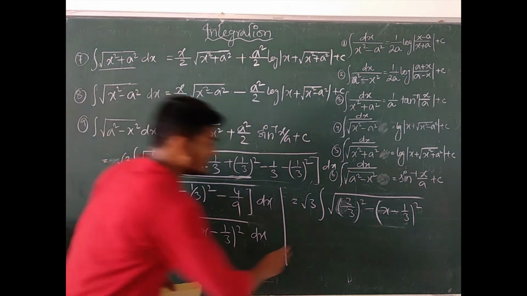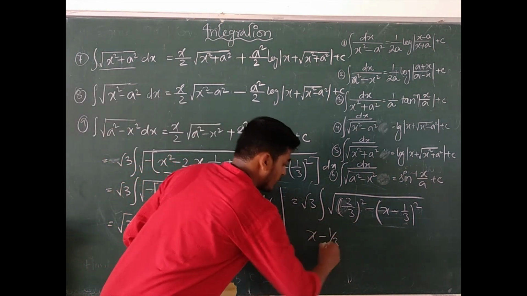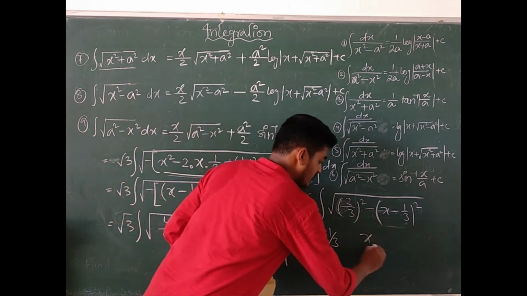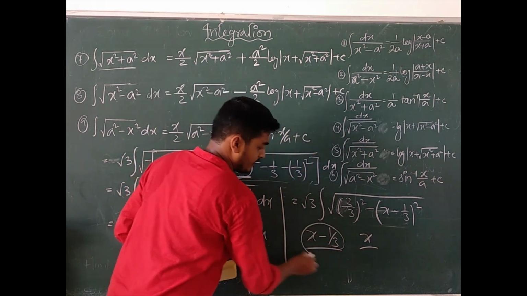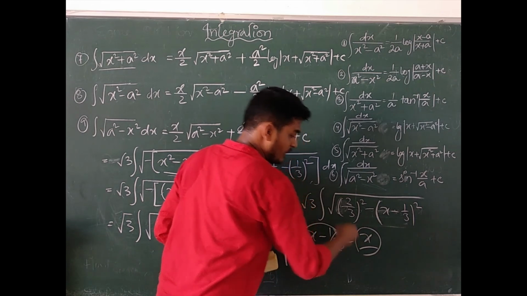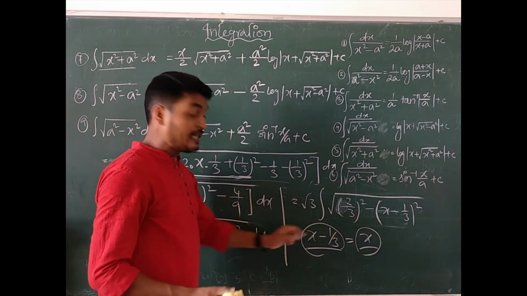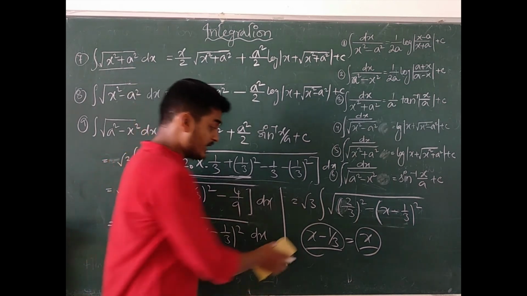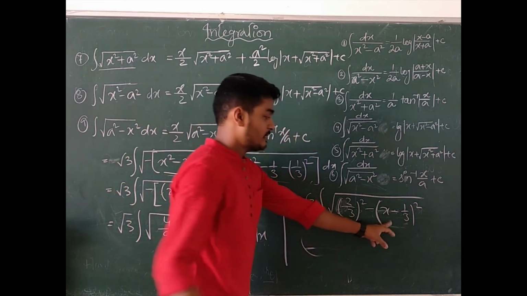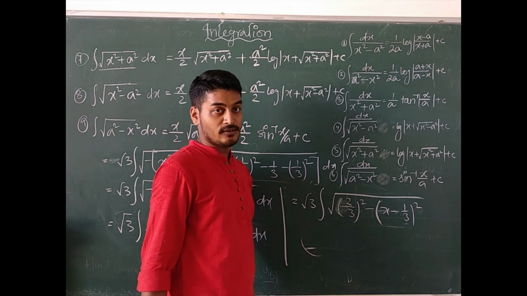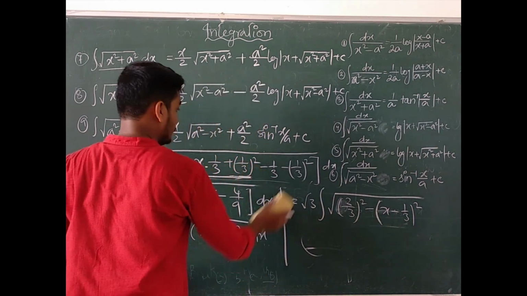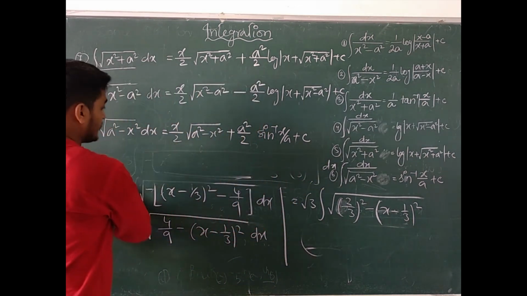As the derivative of x minus 1/3 and x are the same, derivatives are equal, this expression can be considered as x. So we can directly consider a square minus x square. So considering the integration value